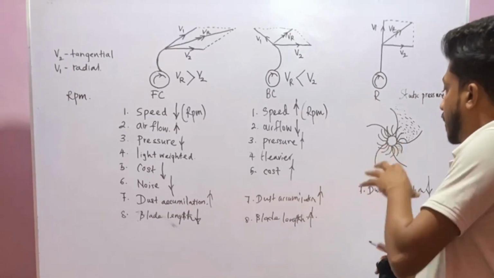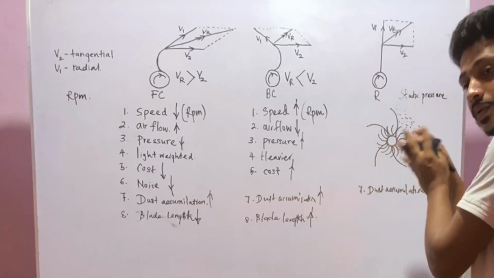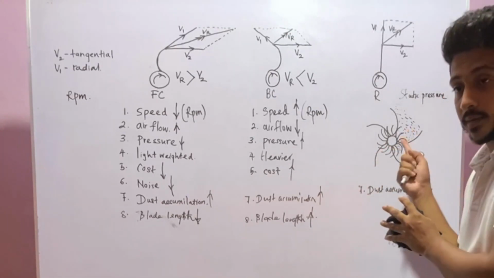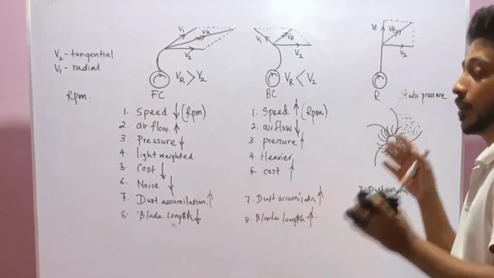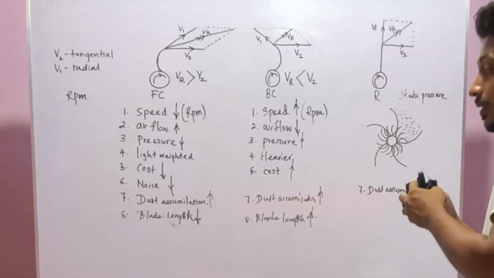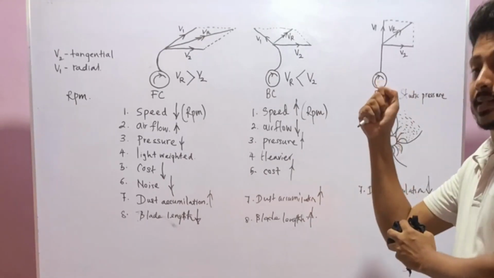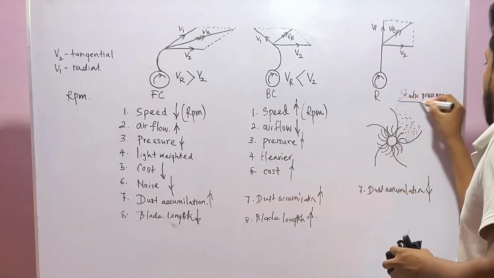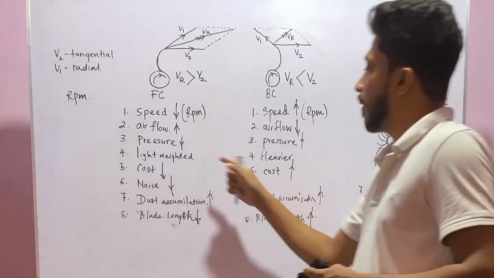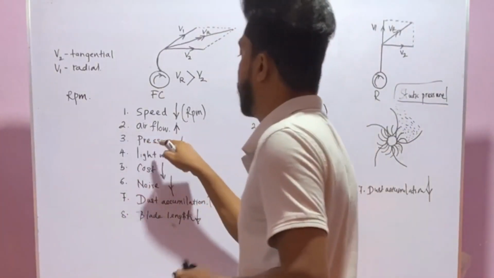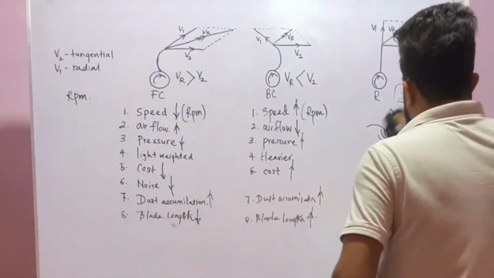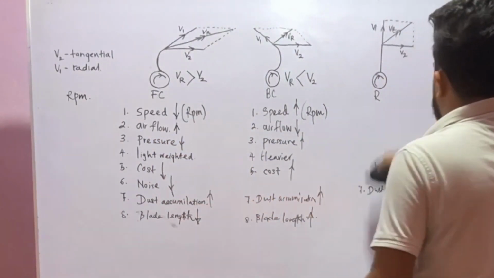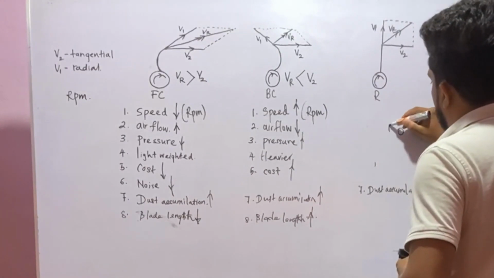They cannot build up static pressure because the cross-sectional area is not increasing very much compared to the backward curve fan. That means velocity is not decreasing compared to backward, and that means static pressure is not increasing compared to backward. That is why the static pressure here is decreased. So because of that, in forward curve fans, let's say this is the forward curve fan,